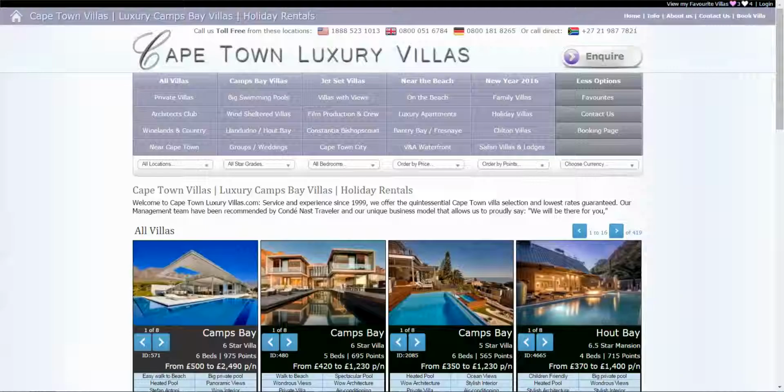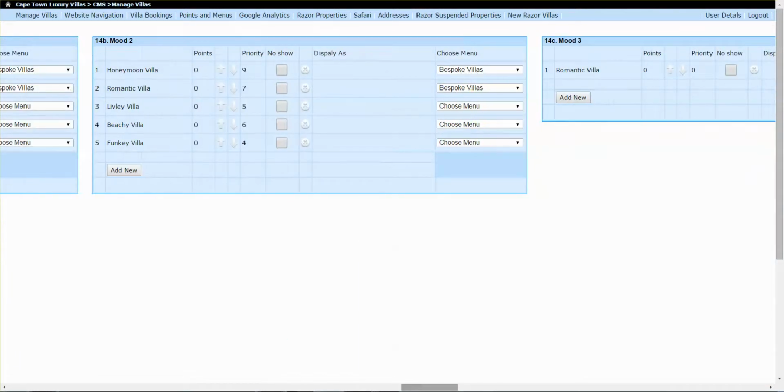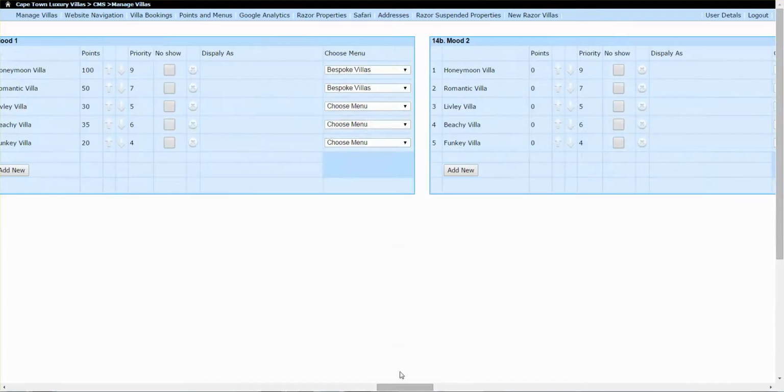Collection menus. Okay, we're looking at this page again. To go back to here, note on the right here: bespoke villas,